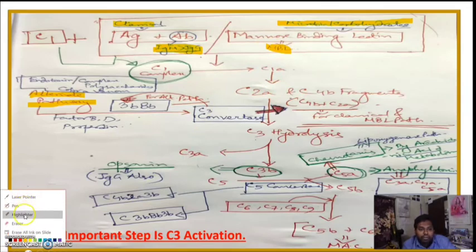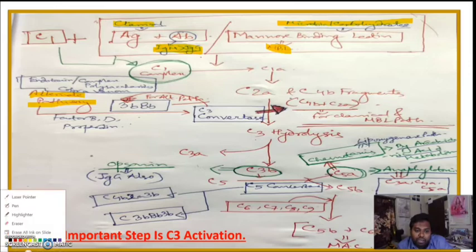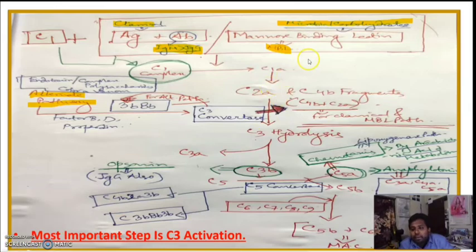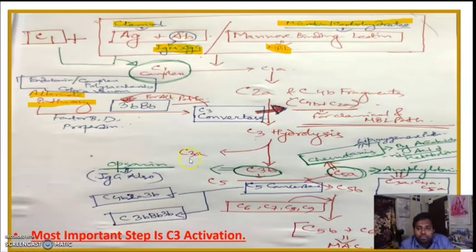So how do they act? They act by binding with the C1 protein of complement. They bind with C1 and form the C1 complex. This C1 complex is hydrolyzed into C1a. Now this C1a breaks C2 and C4 into C2a and C4b. Now C2a and C4b join and form a complex,